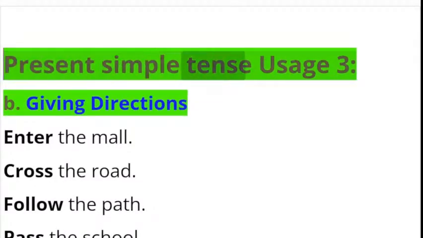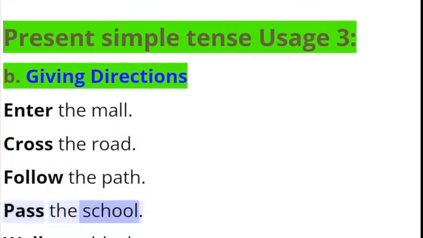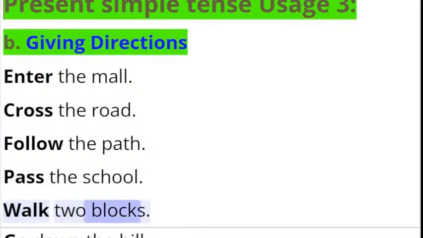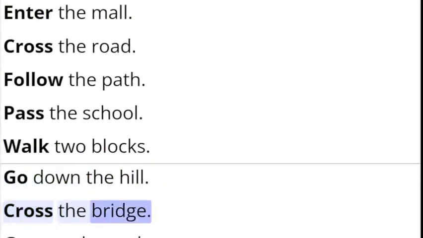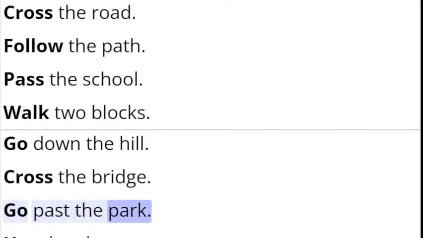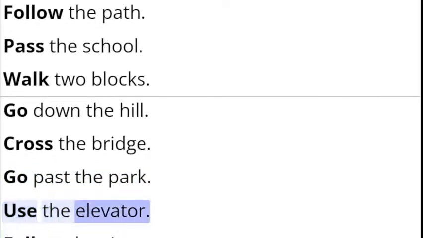Present simple tense usage 3. B. Giving directions. Enter the mall. Cross the road, follow the path. Pass the school, walk 2 blocks, go down the hill, cross the bridge, go past the park, use the elevator,